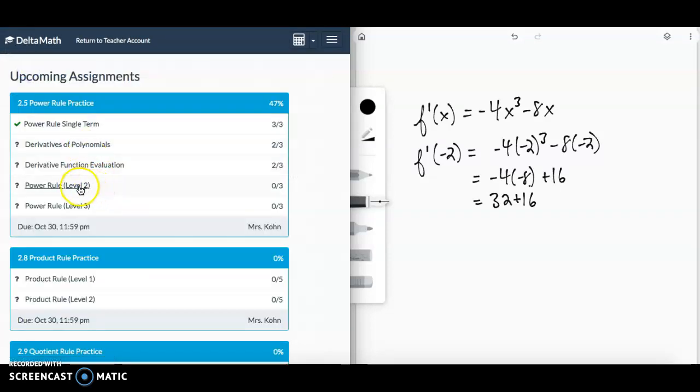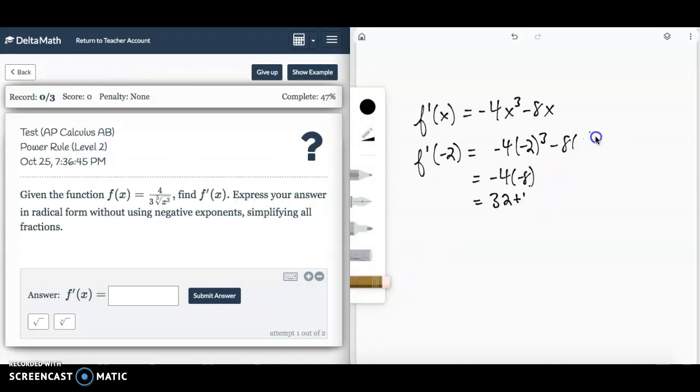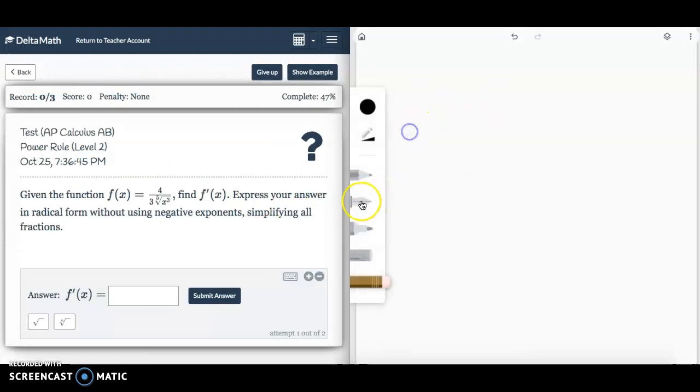All right, let's go on to some power rule. Ooh, a little more complicated levels, huh? Okay, let's do this. A couple of things to remember, first and foremost. If I have an x with radical stuff going on, here's your power, and here's the index, the type of root you're taking. We can always rewrite that as x to the power over index. We can write it as a fractional exponent. And if you have something like 1 over x to the fourth, that's secretly x to the negative 4. We always want to be able to write things as powers of x